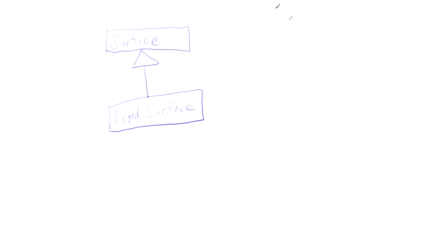What happens? Well, you have a class, and it's called surface, and you have another class, and this class derives from that class, and we'll call it keyed surface. So what that means is you have the class surface, and that class, let me just put this up here,